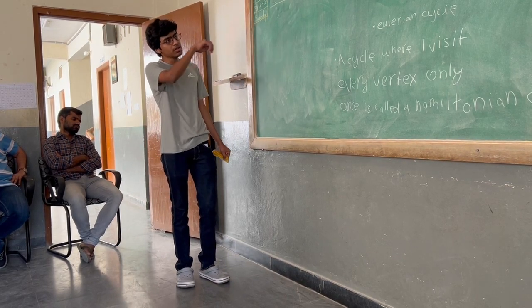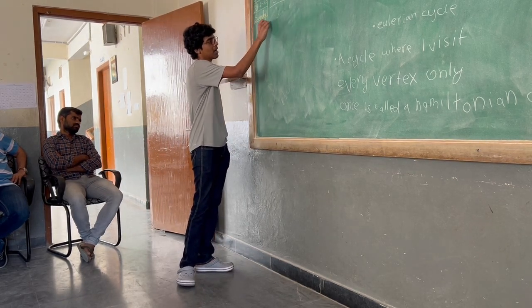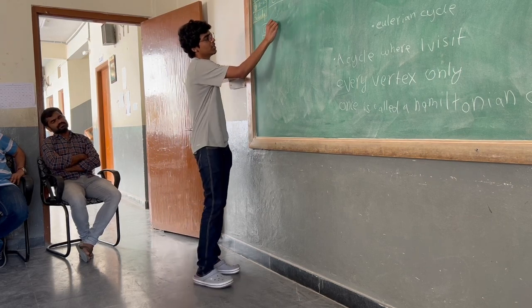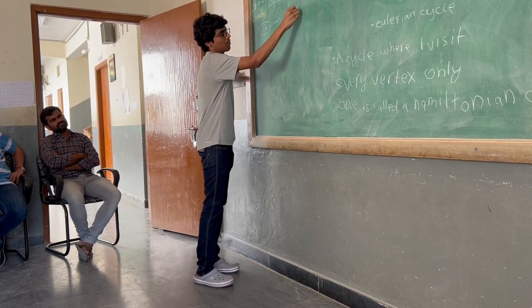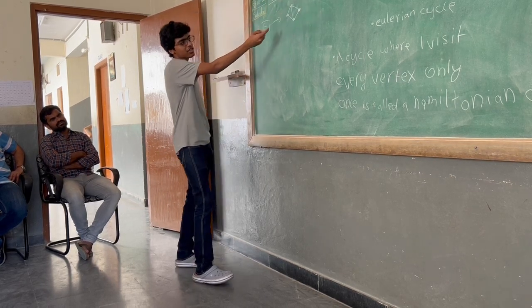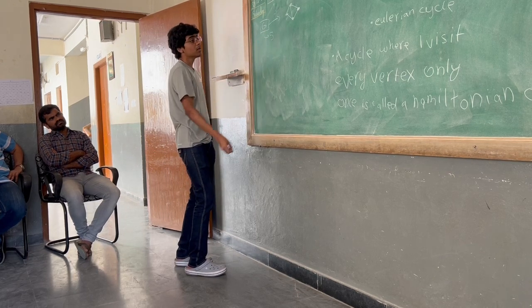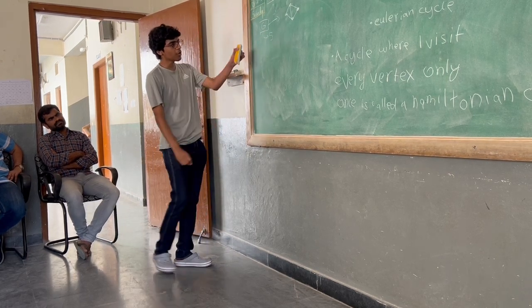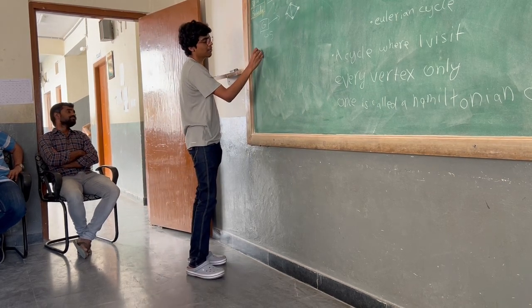In this case, let me represent the graph, the object, with the letter G. So G represents some graph like this. It is some graph. And how many edges does this graph have? 5. Right? So what I am going to do now is show that for the base case, when a graph has 0 edges,